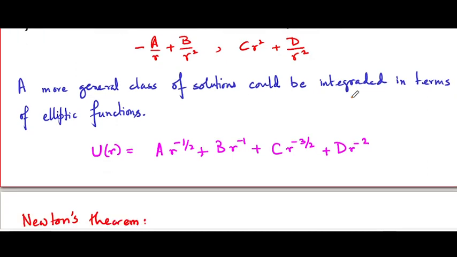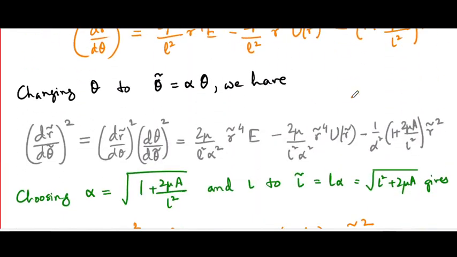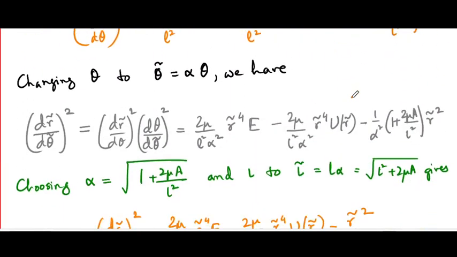Note that because the relationship between theta and theta tilde involves a factor alpha, which for an arbitrary choice of initial condition, that is, an arbitrary value of L, would typically be an irrational number, even if your original solution happened to be closed orbits, the resulting new solution for the new potential would typically